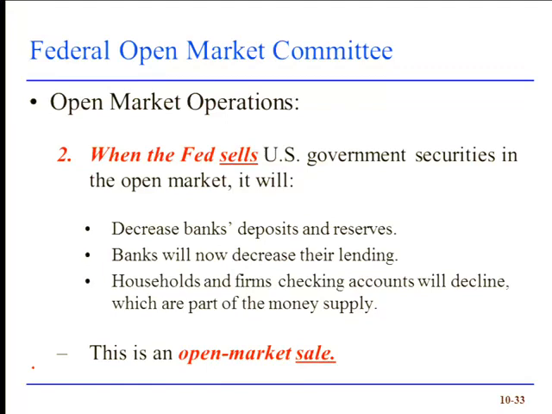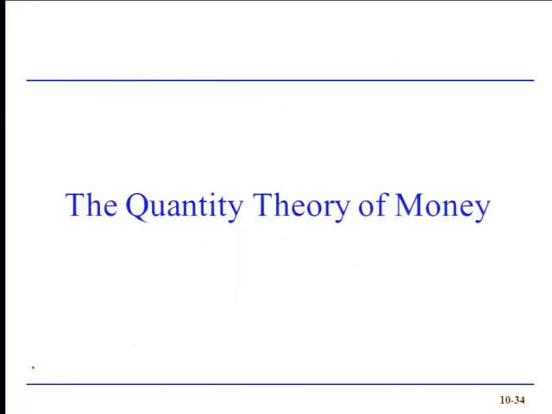So if you want to know why the money supply has done what it's done over the past 10 years, on average, it's all up to the Federal Reserve or whatever central bank we're looking at. With that in mind, we now want to think about how money is related to inflation. And this relationship is derived under something known as the quantity theory of money.